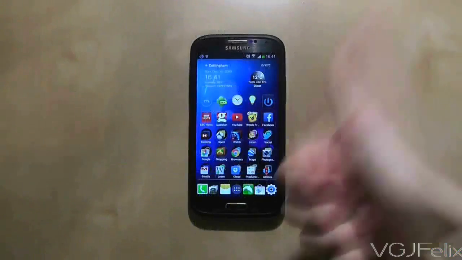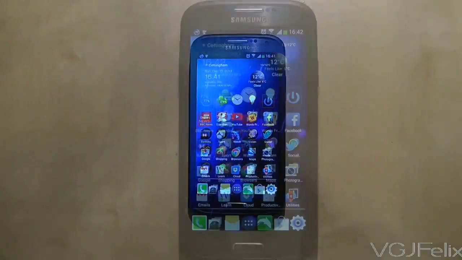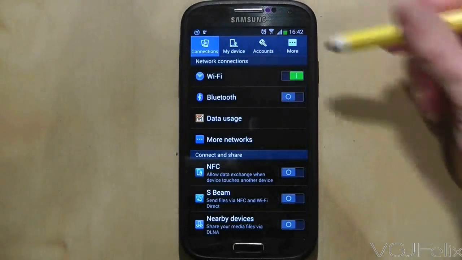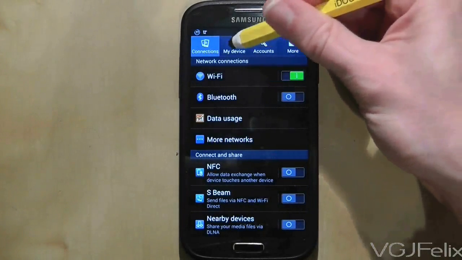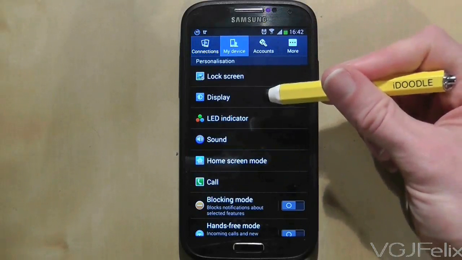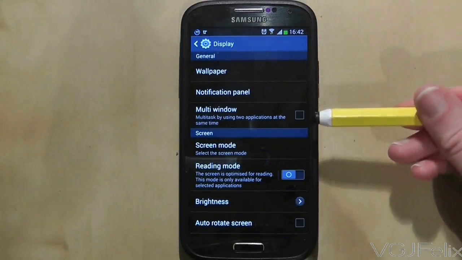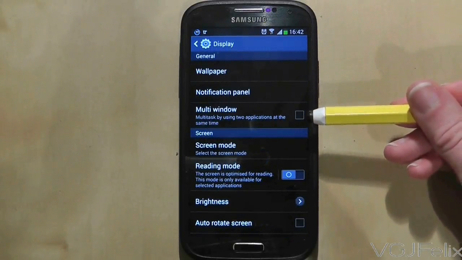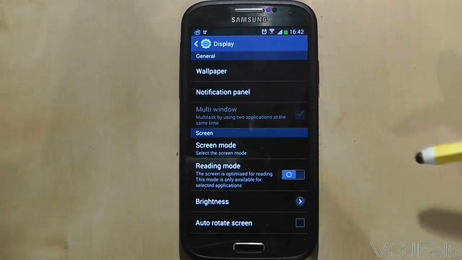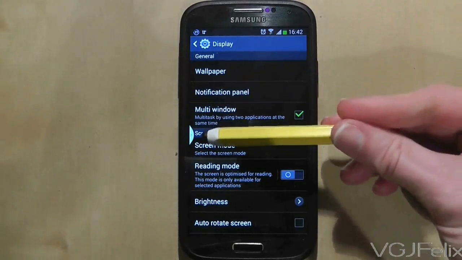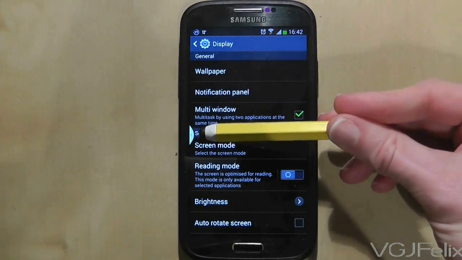If you didn't already know this, the Samsung Galaxy S4 is capable of multitasking applications. To turn this feature on, you can go to Settings and then choose the My Device tab. From there, select the Display option, and then check the Multi-Window option. Once you've done this, you'll notice a small tab appear on the left side of your screen, and if you